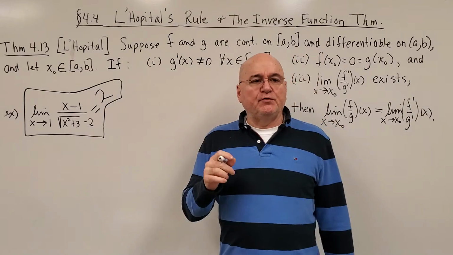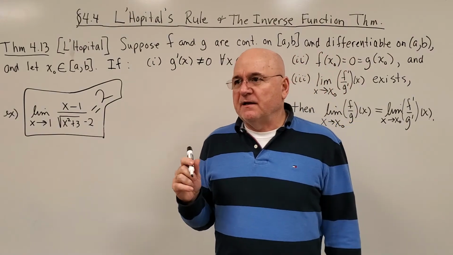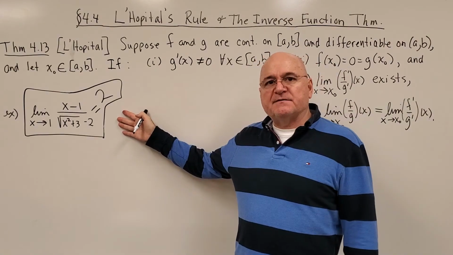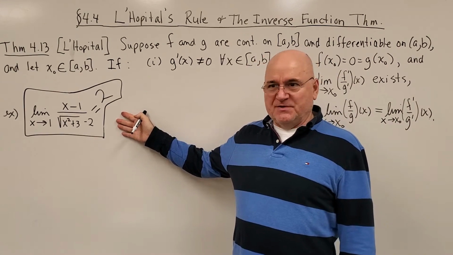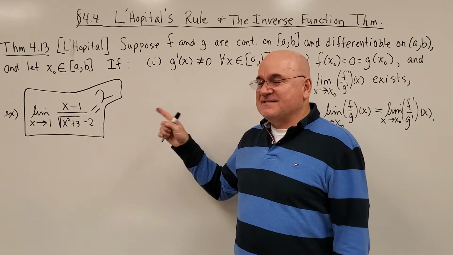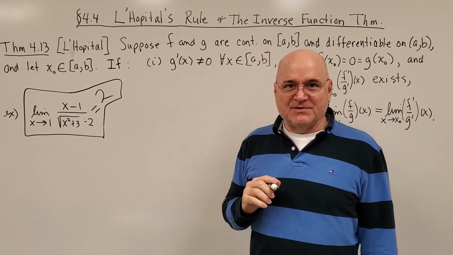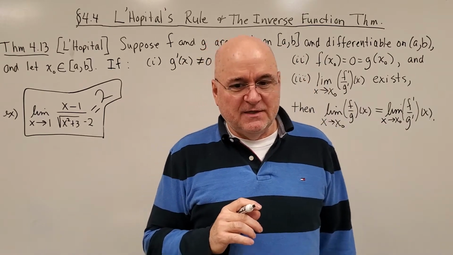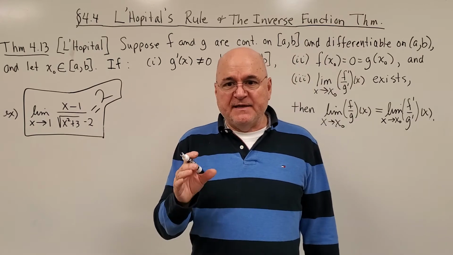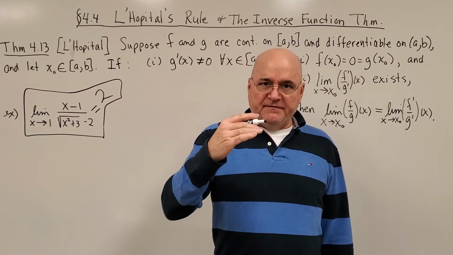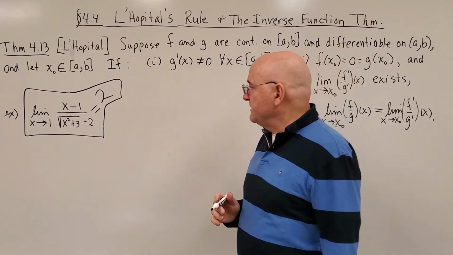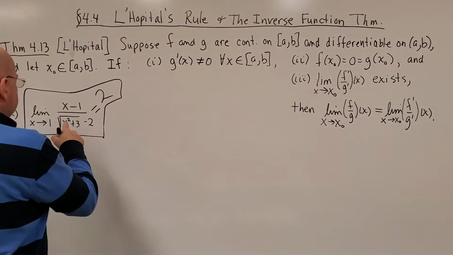Well, before we prove L'Hopital's rule, I want to show one other way that we could have found this limit without using L'Hopital's rule. But make a note that it is not always the case that you're able to do it without L'Hopital's rule. L'Hopital's rule will save you great deals of time, and actually it might be the only way to find the limit as x goes to x naught of f of x over g of x. But this one could have a little bit more of an algebraic kind of proof, just by noticing that